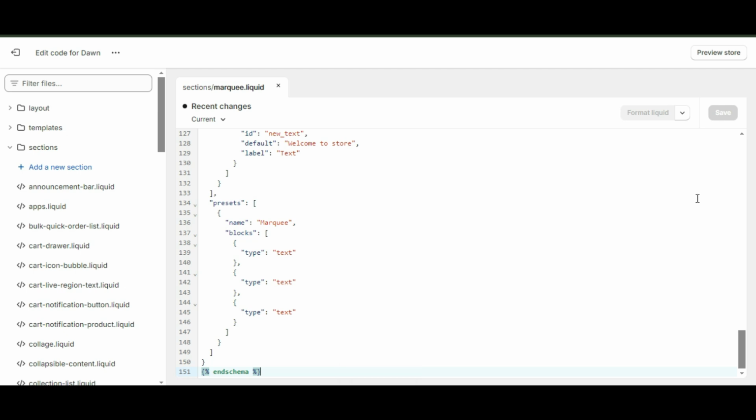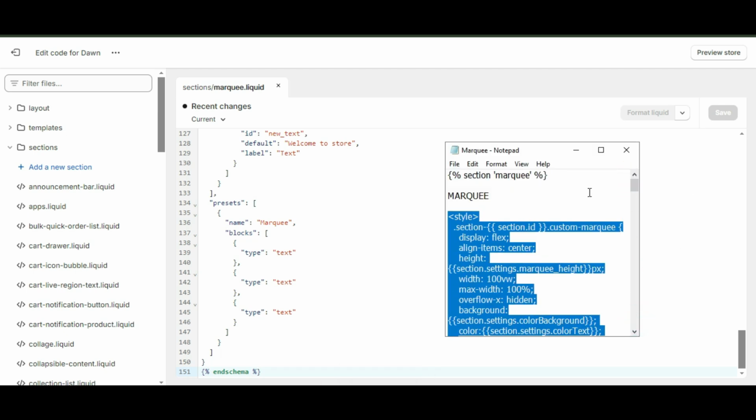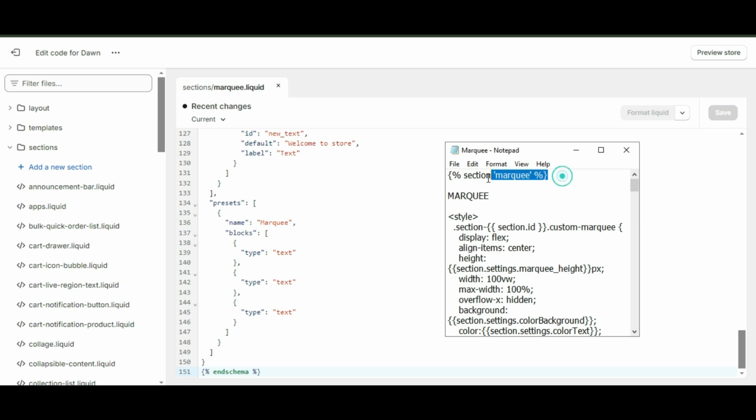Now, if you want to add the Marquee text to the header of your store, we will need to include this second code. To do this, copy the code,